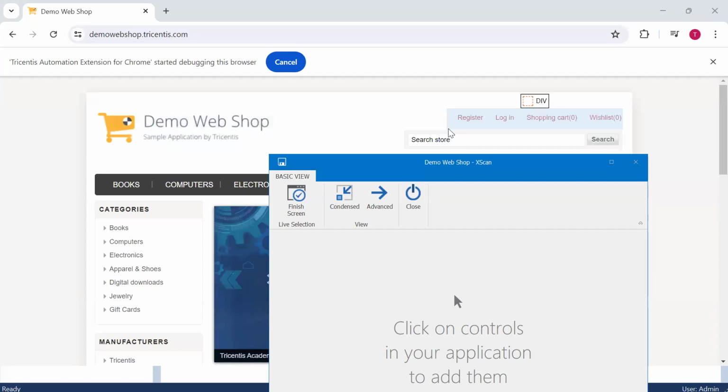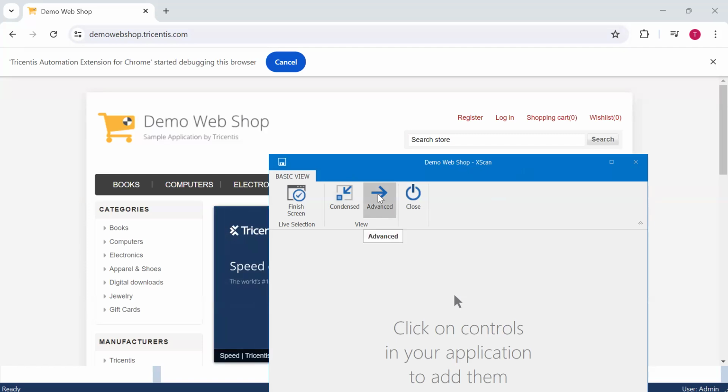For condensed view, the XScan window will be minimized. For basic view, the XScan window will be enlarged. The other options you can't see. I will show you what all the other options are. This is the basic view.